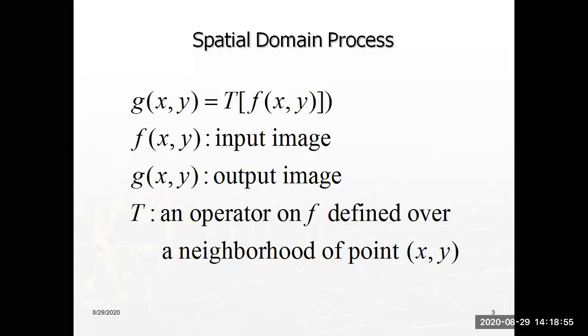So there are neighborhood operations, single pixel transformation, and so on. We have seen these 3 operations in the previous class, so it is the same here also. In the spatial domain, we are simply transforming the pixel value from one pixel value to another directly, without converting the image from one domain to another domain. So the simple expression is g(x,y) = T[f(x,y)].